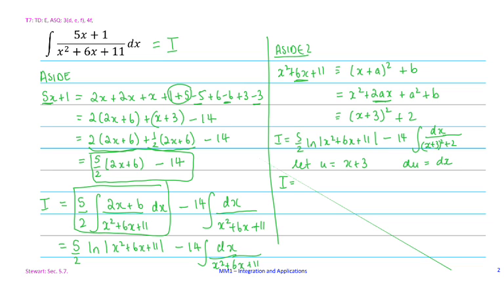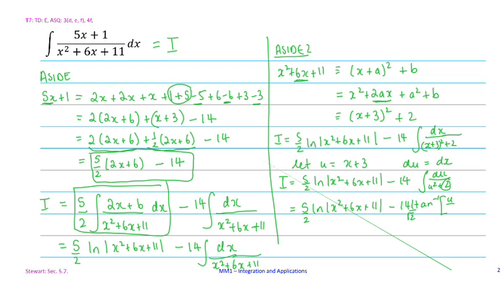So I is 5 over 2, minus 14 du over u squared plus 2, which gives us 5 over 2 ln x squared plus 6x plus 11 minus 14 tan, now 1 over root 2, because we've got the a squared,